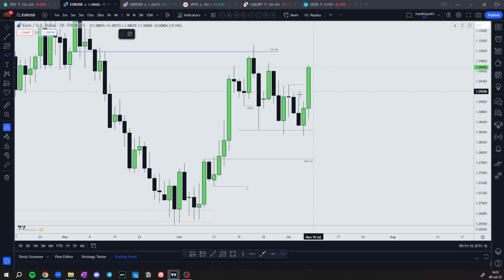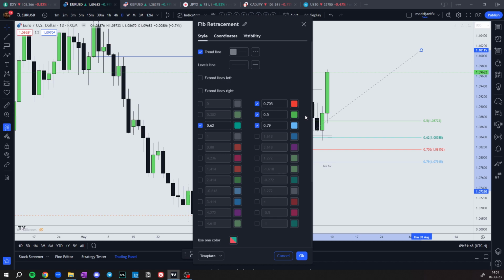But where price has gone, price has broken market structure, confirming that it is going higher to take this high here and the next high, then the equal highs above this high here. But where price has moved from, price has moved from the discount of this range here. So price has gone to optimal trade entry, and it is so obvious